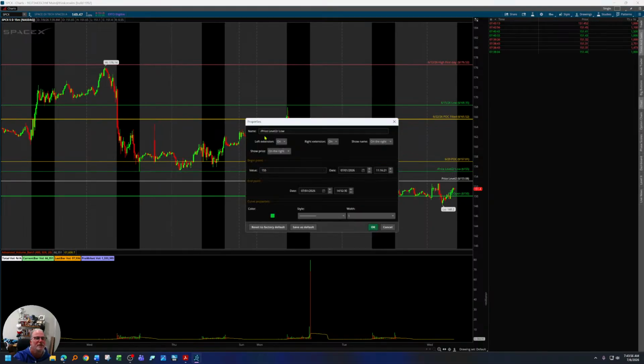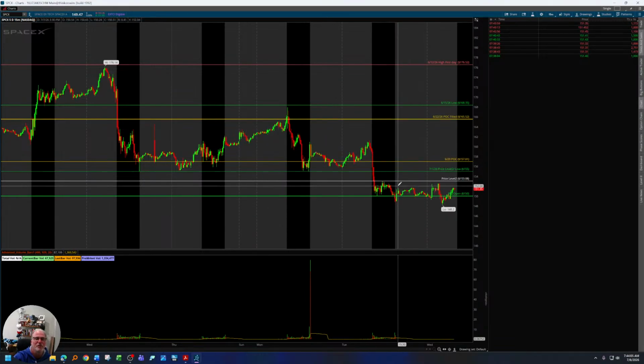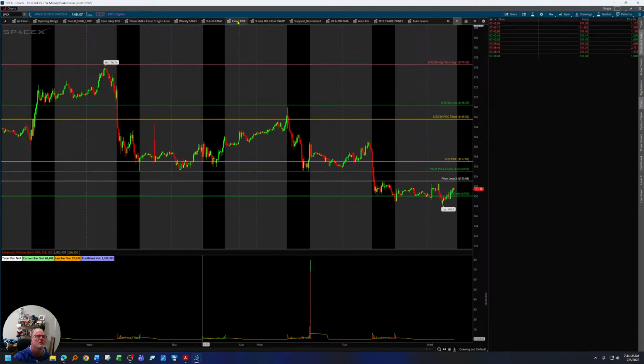So we'll mark that. Pretty easy data to plot right now on SpaceX, right? It's working out pretty good. You do have a speed zone here that was created yesterday. So I think 153.08. Yeah, you could definitely probably push into this 157.09, which is an open point of control level that we have here from the 29th. That probably looks like it was filled. Let's take a look at that.